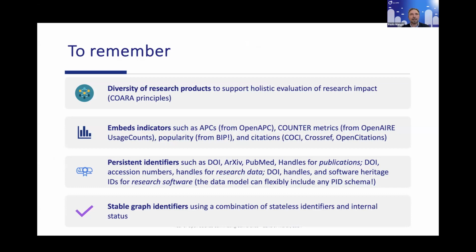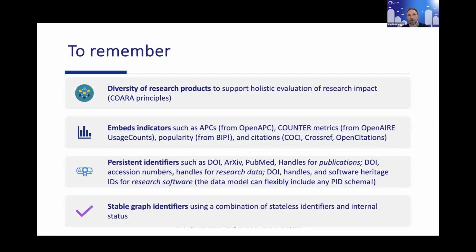We therefore embed indicators where these can be computed by us. So from the usual citation counts to many others like usage counts, where we collect downloads and views from the data sources that are giving us the metadata, to APC, so article processing charges from various libraries that we attach at the persistent identifier level, and from various other tools like BIP, and of course, citations from the known databases. We keep persistent identifiers and the schemas, and we also collect from non-persistent identifiers data sources.